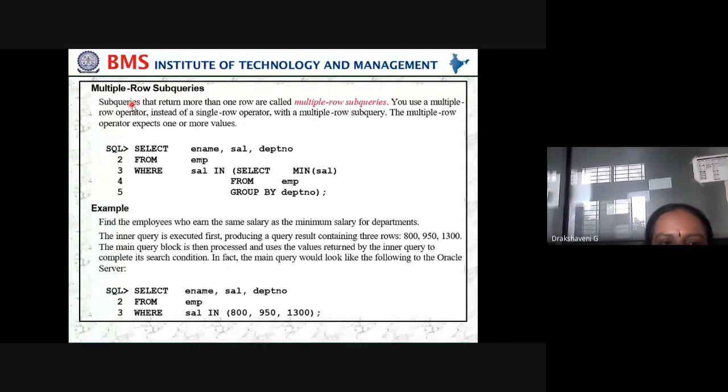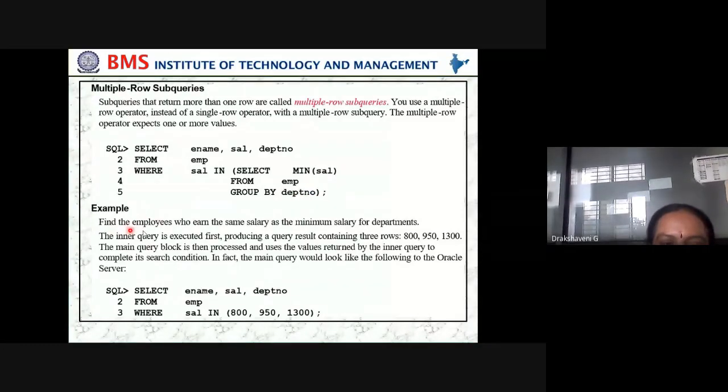Multiple row subqueries: subqueries that return more than one row are called multiple row subqueries. You can use a multiple row operator instead of a single row operator with multiple row subqueries. The multiple row operator accepts one or more values. Select employee name, salary, department number from employee where salary in select minimum salary from employee group by department number.